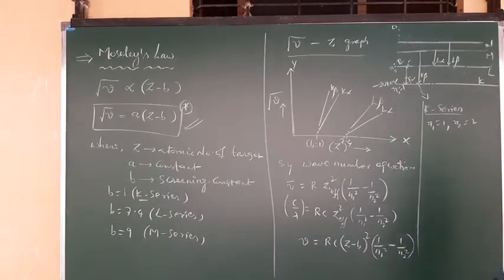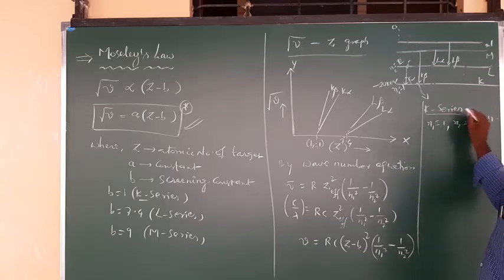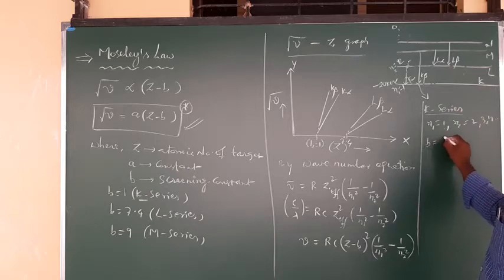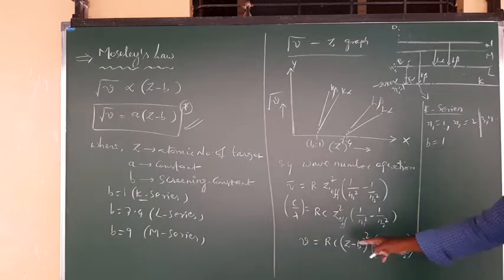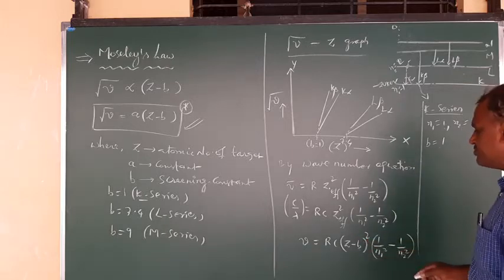If you take that, it is for the K alpha line. For K series, N1 is fixed, and this N2 is 2, 3, 4 and so on. Correct? Now in this case, for K series, we know the B value also, it is 1. Now this N1, N2, let it be first one when you take, that is the K alpha line. What is the frequency in that radiation for that characteristic X-rays? That we can calculate by using this equation here.